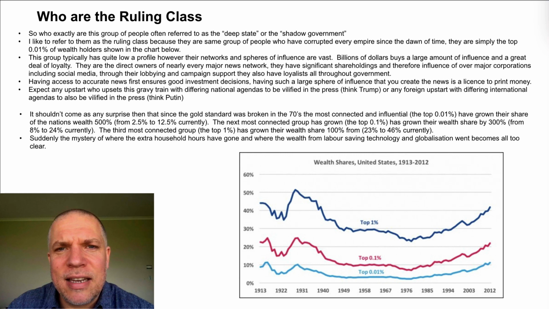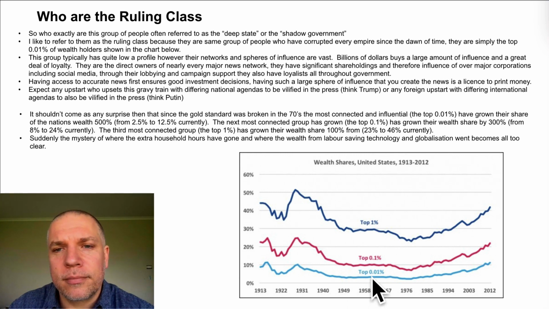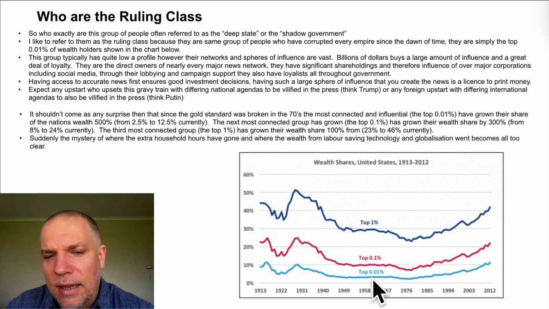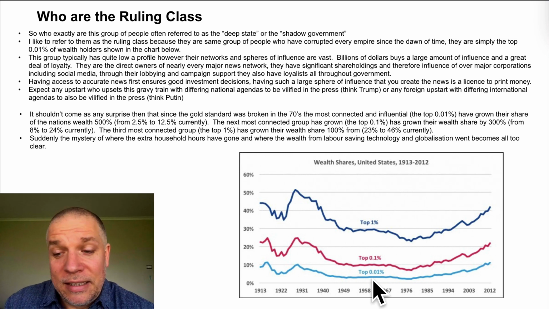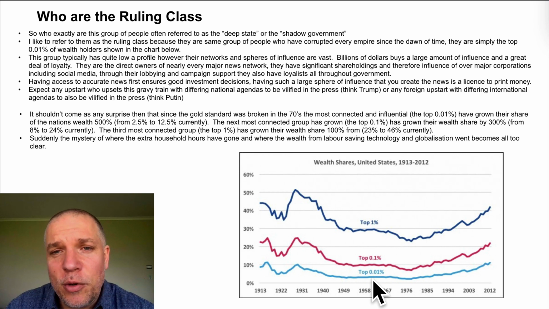They're the billionaires in today's society. And on this chart here, they're this bottom line. They're the top 0.01% holders of the nation's wealth. These guys, they have huge, powerful networks. When you have billions of dollars, you have a lot of loyalty. You're hiring a lot of people. You're able to lobby and get people in Parliament. You have a lot of unelected officials who are loyal to you. You have a lot of CEOs of companies who you've appointed or are influential on the boards of because you're major shareholders, particularly with the social media companies today.